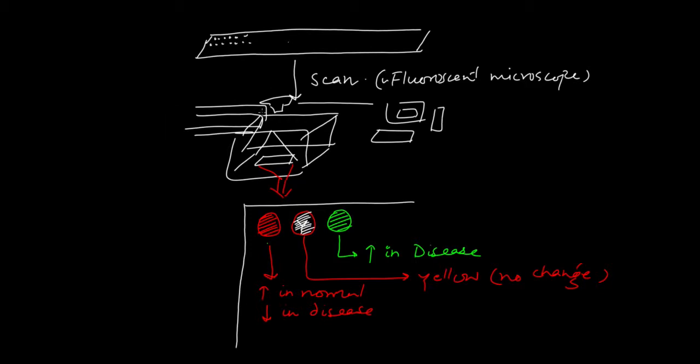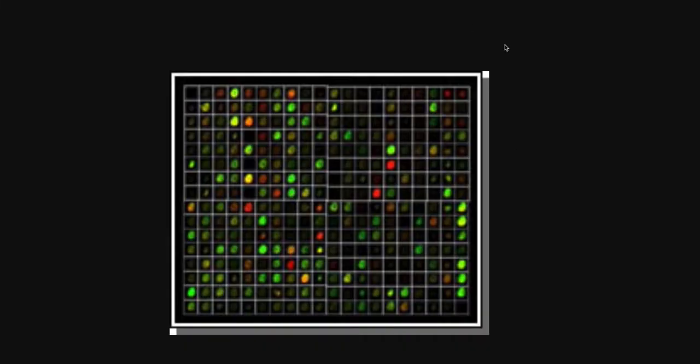You need to first throw a red laser, whatever wavelength it belongs to, and then note down the values for all the spots, what the intensity values were, and then remove the red fluorescence, and then throw the green one, and note it down again. So it has to be done independently, and then you overlay, superimpose these two images, and you get this image, right? So basically you can have separate readings for red and green, and then you can divide the red signal by the green signal to get the ratio.